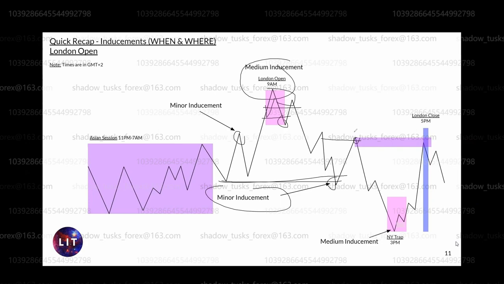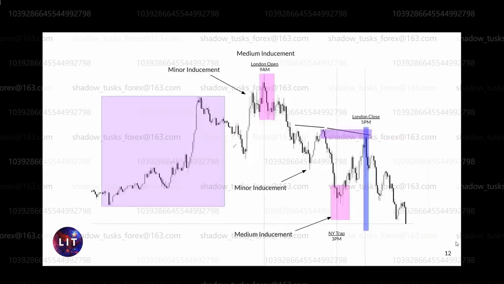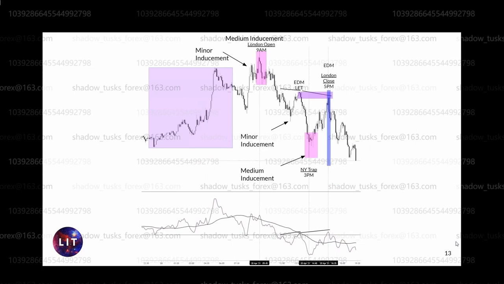You already know what that might be. Of course, it might be an EDM in here, and then this one London close can also be the EDM in here, and the reversal happens in New York. Easy stuff, you know all the timing confirmations if you include that in here, right? Of course, looks on the charts exactly like that. Now we can combine it with the entry helper. Then all of a sudden you have LETs, EDMs combined with timing, perfect cycles, after break of structures, right?